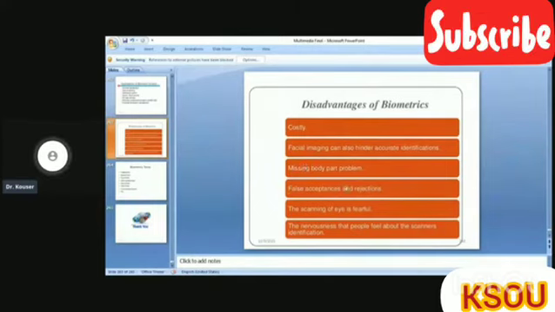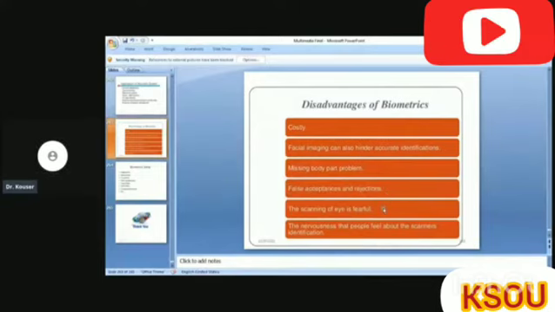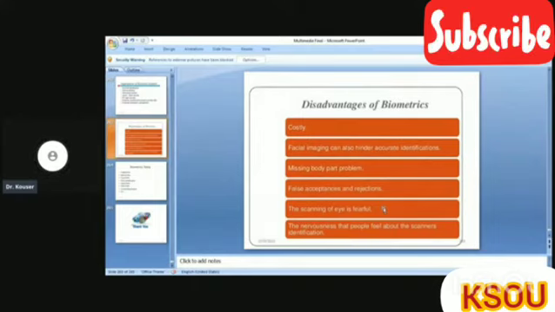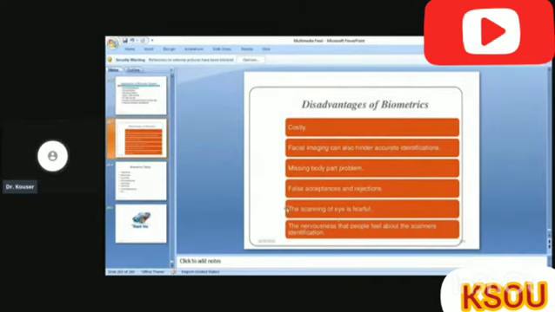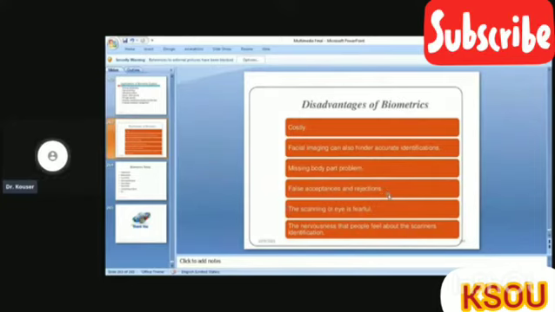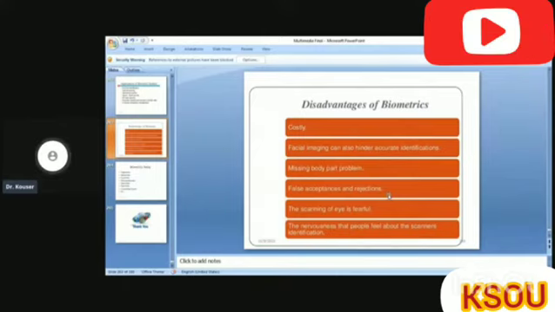And there are a lot of false acceptances and rejections, because most of the women do a lot of work in the kitchen where fingerprints are not detected by the fingerprint scanners. This is a very common problem most of the women experience. So that is due to false acceptances and rejections. Our systems are not that accurate to capture the important features, even when the fingerprint surface is not very clear.